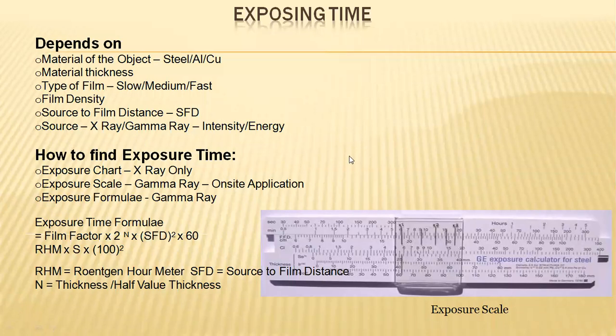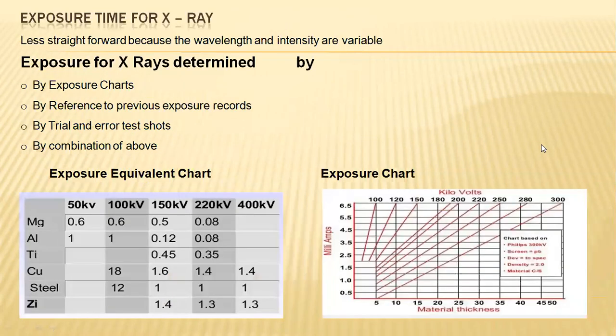And how will we find the exposure time? Time will be a varied option in both radiographic technologies. First, the exposure chart of X-ray only. Next one, gamma rays. The concerned formulations are tabulated here. There is the film that we have taken. There is film factor into 2 and into surface detection whole square into 60. There is time in the case of seconds, standard time. That will be identified in the scale orientations. That's a physical form of measurement.